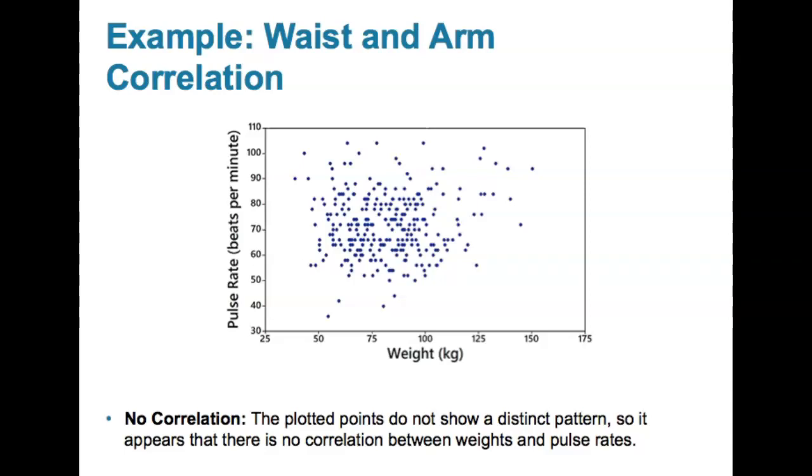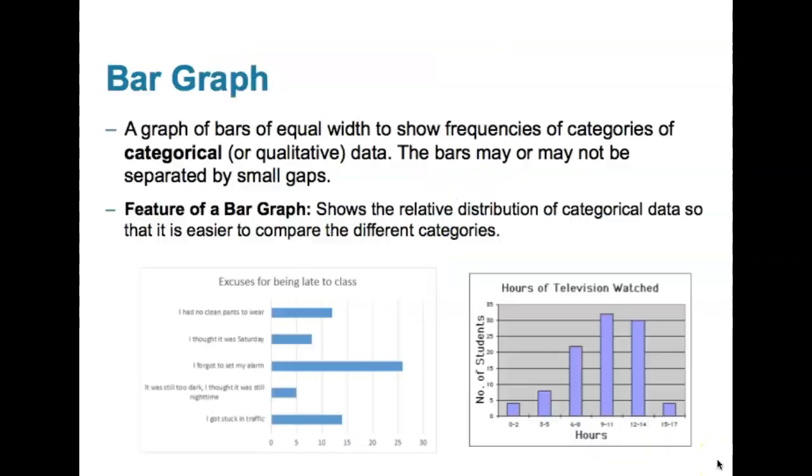Now, let's look at the graphs that are used for representing qualitative, categorical data. Bar graphs are used to represent categorical, qualitative data. There are 2 types of bar graphs: vertical, when data is presented in vertical bars, and horizontal, representing data in horizontal bars. The benefit of a bar graph is that it makes it easy to see the distribution in different categories.